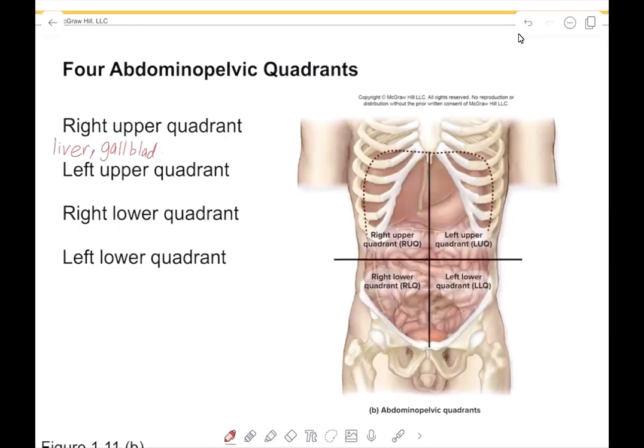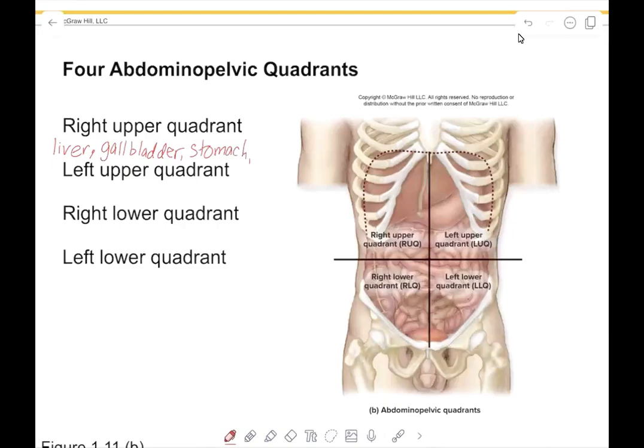The gallbladder is often seen just posterior to the right lobe of the liver. You can see a little bit of the gallbladder, the most inferior portion of it, sticking just below the liver. Also found in the right upper quadrant is some of the stomach,